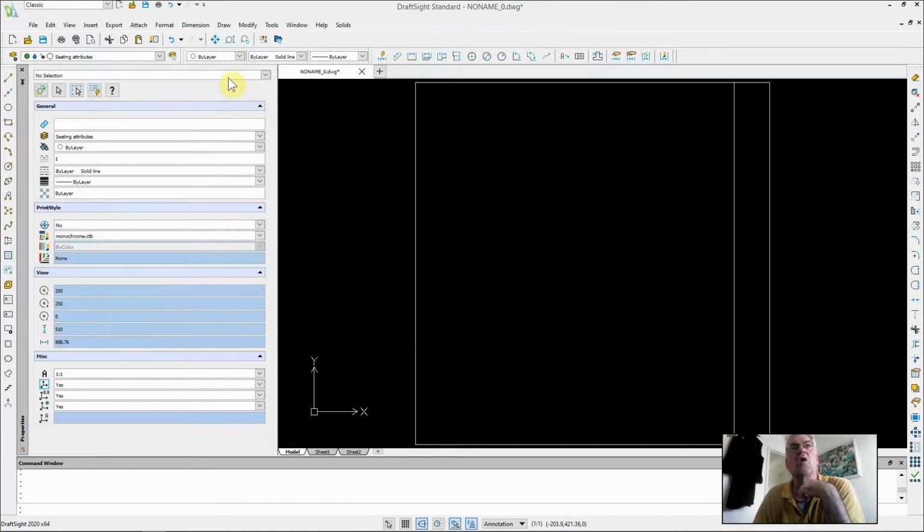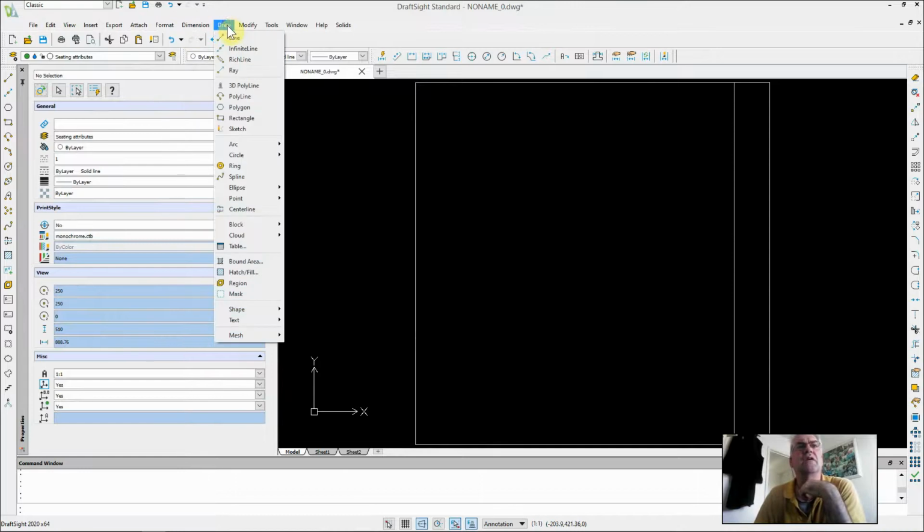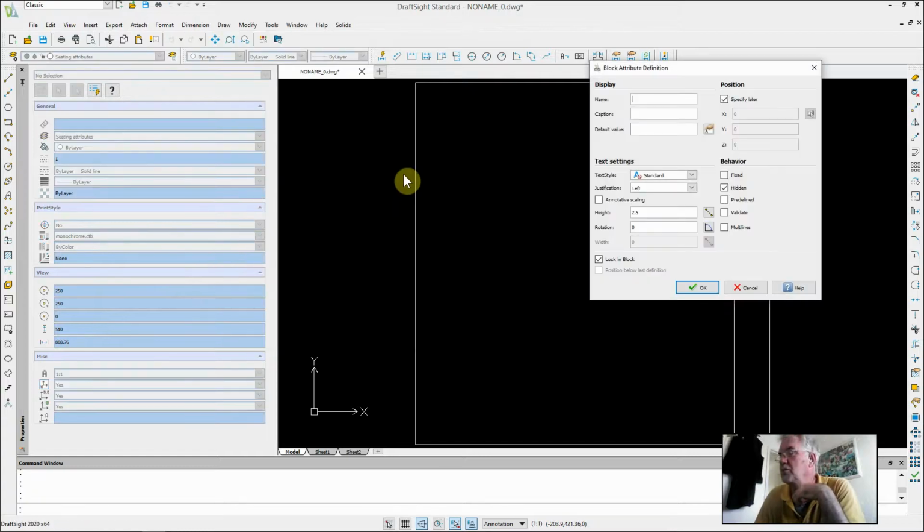Before I create the block, I'm going to give it some definitions, some attributes. So draw block, define block attributes. This is something that Tom showed me and I got enormously excited about. So these are going to be the fields for the block's attributes. This could be the supplier company, and we could